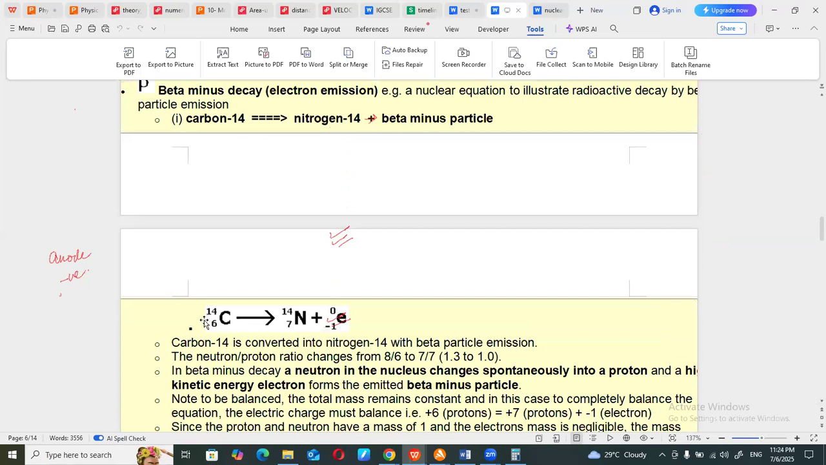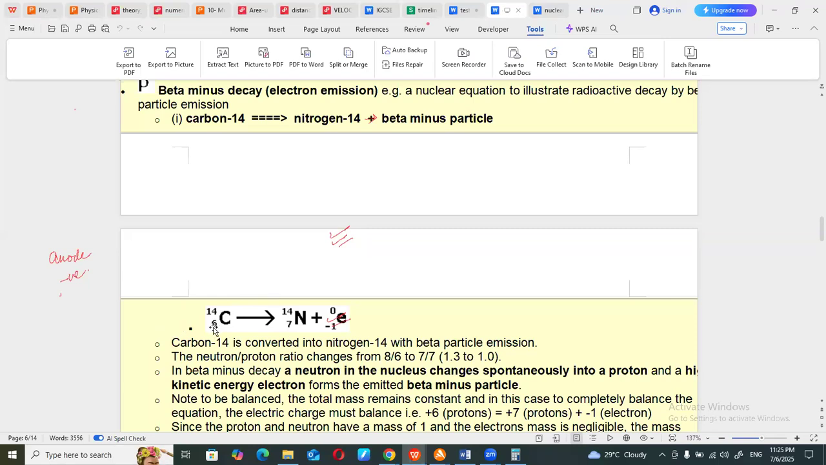Like here, you can see yourself, carbon 6 is converting into nitrogen 7, while the nucleon number for both of them will be the same. But remember one thing, this is very, very important, because a neutron converts into a proton, right? Because in this case, you can see the neutron to proton ratio changes from 8:6 to 7:7, which means in beta minus decay, a neutron in the nucleus changes spontaneously into a proton. So technically speaking,